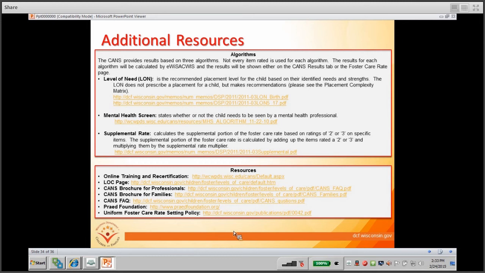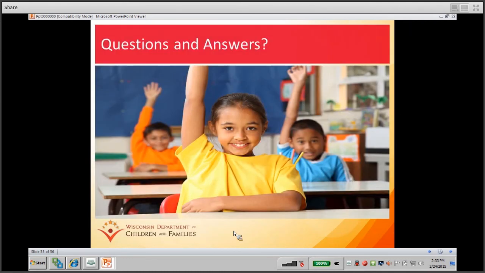Again, they're both on the DCF website and on PDS online, and they're repetitive a little bit. Some of them we have on both, so you'll see some of the same ones, but there are links there for those. Just to qualify, the resources are not in PDS online. They're on the CANS training page of the PDS website. Thank you. All right, we will go ahead and do some question and answers if anybody has them.